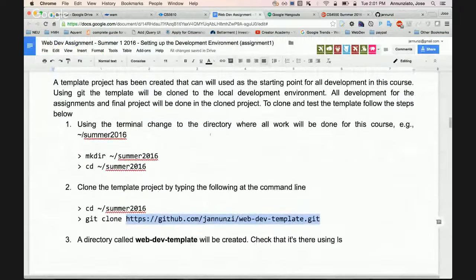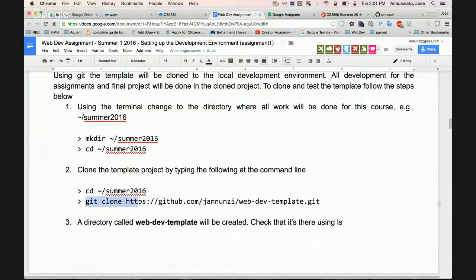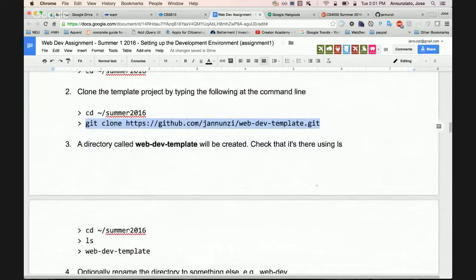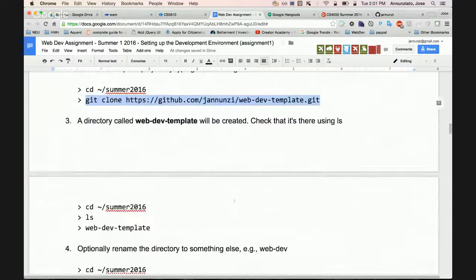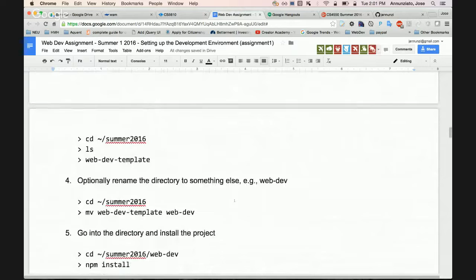Okay, so here I walk you through installing the template. I'm assuming that perhaps you're installing in your home directory. So in your home directory, perhaps you have a directory Summer 2016. If not, create it. And in there, I ask you to clone down the template that we just went over. It'll create a local copy, a directory called web dev templates. And in there,